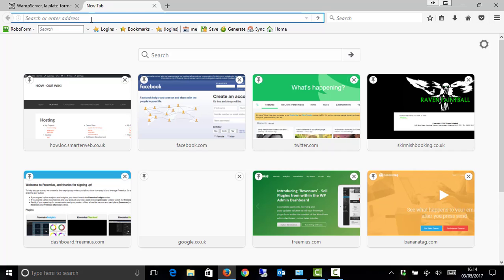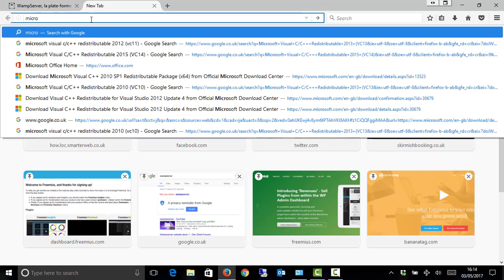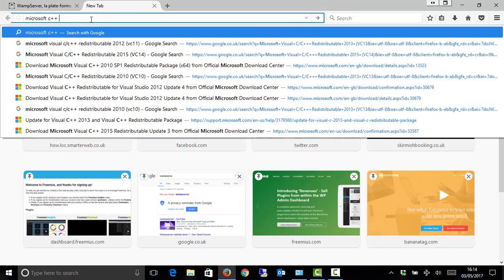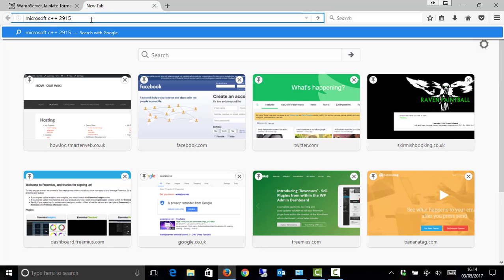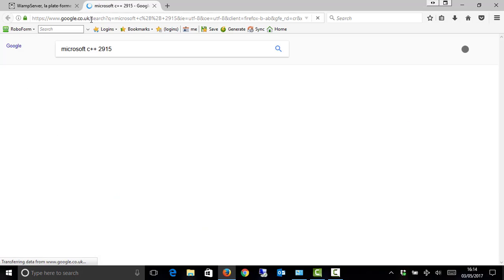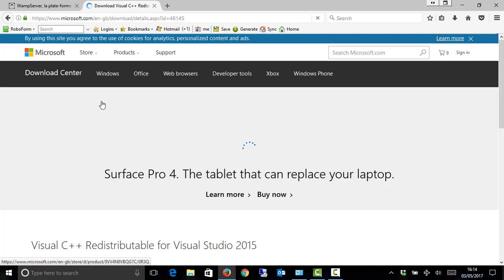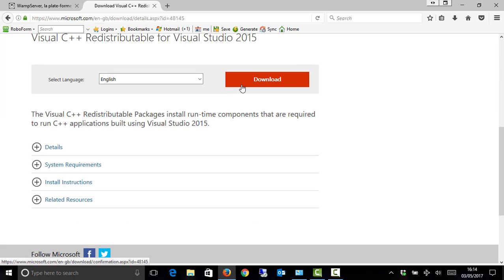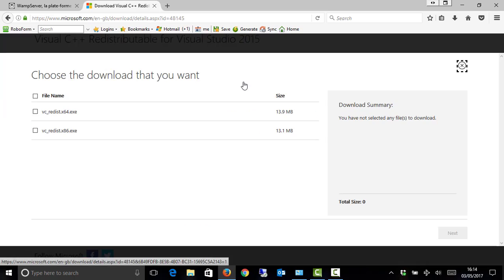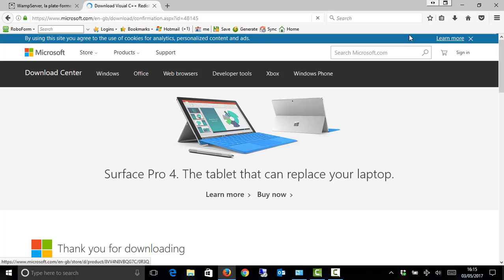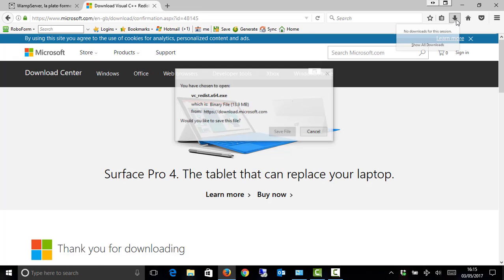All you need to do is go to Microsoft C++ 2015. That's usually good enough. There we are. See, that's what you're looking for. They'll all be pretty much the same. You click download. You choose the two you want to download, because I said best to download both. That will download them. And when they finish downloading,